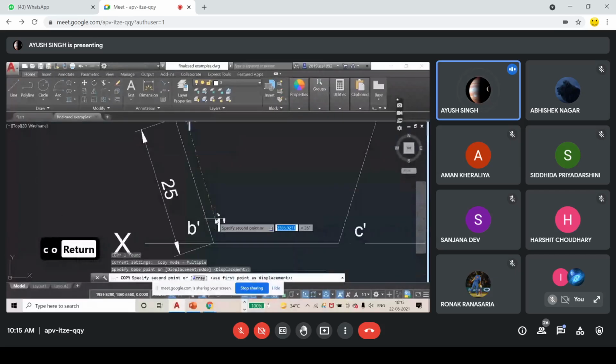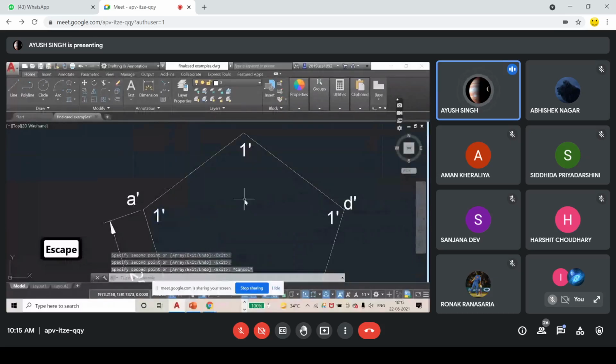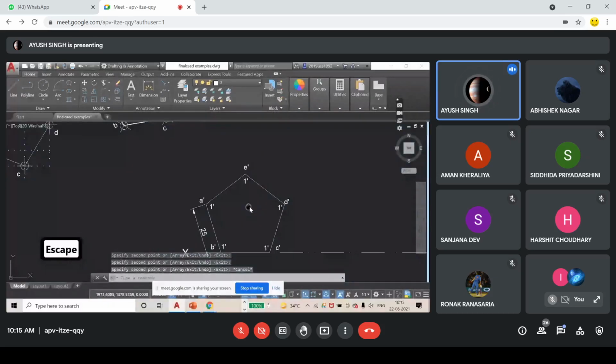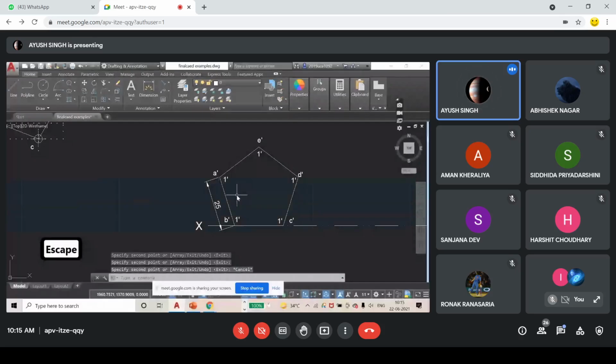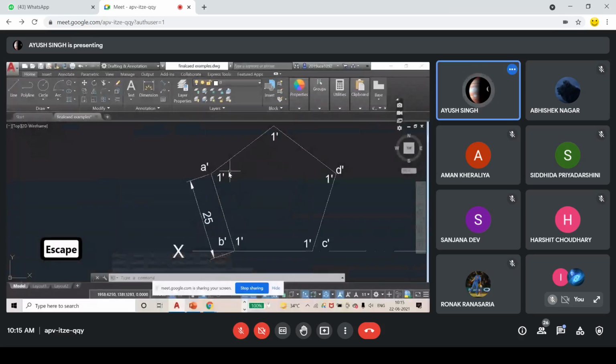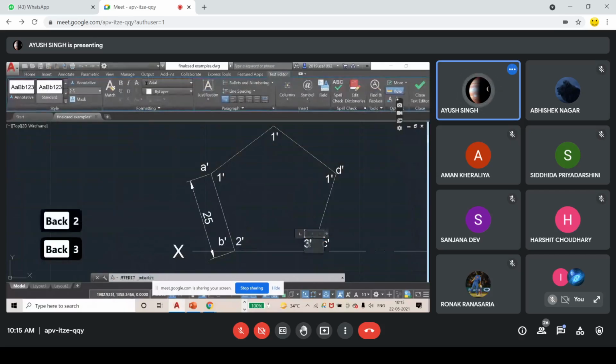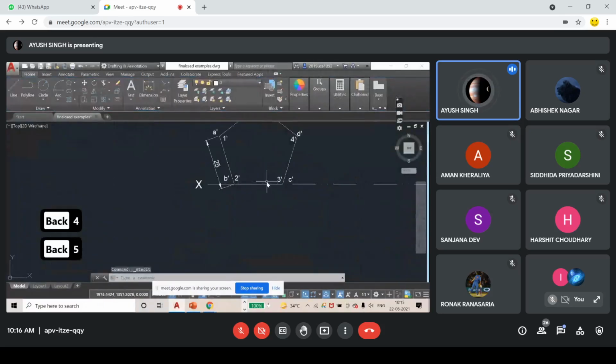You know now why I am showing two, because this is a solid object. It has thickness also. So behind, 1 dash, 2 dash, 3 dash, 4 dash, and 5 dash. Okay, so this is it.